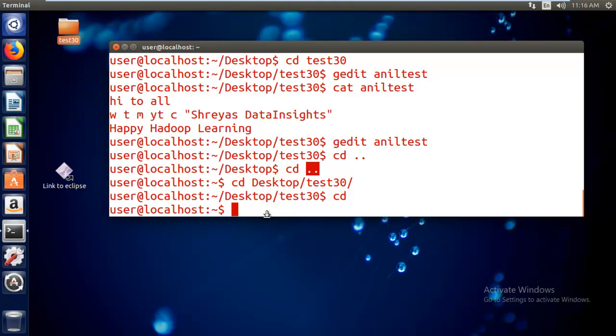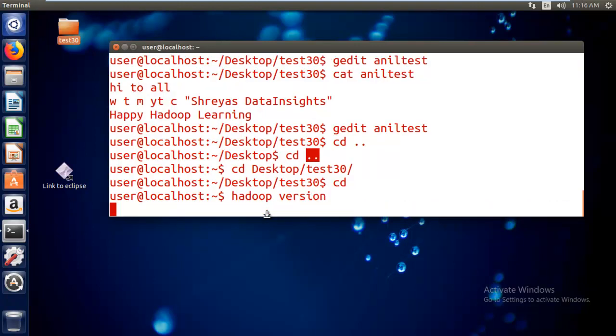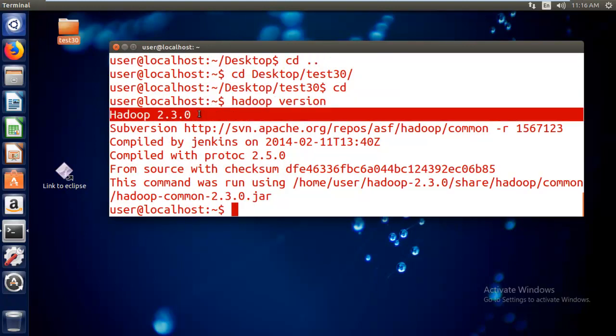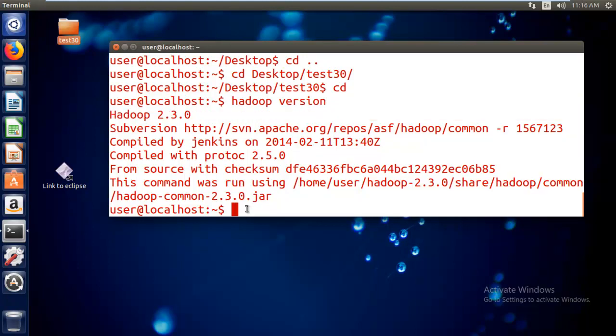At the same time, we can even verify the Hadoop version. So if you say hadoop version, this command gives you the installed Hadoop version. Here you can see very clearly I just installed Hadoop 2.3.0. At the same time, if you want to verify whether Java is already there or not, you can say java hyphen version.